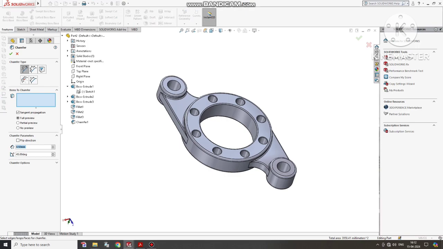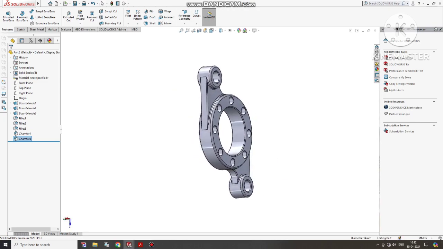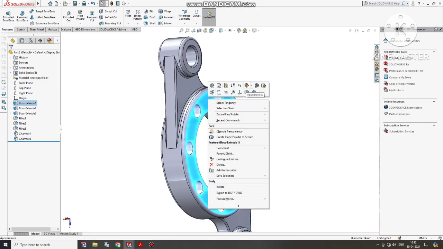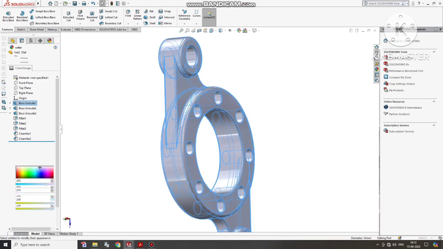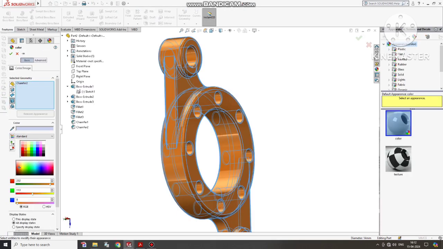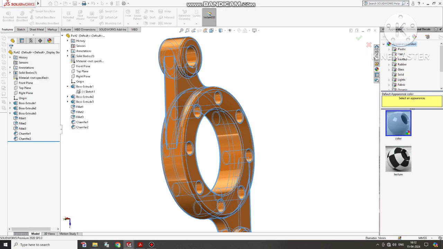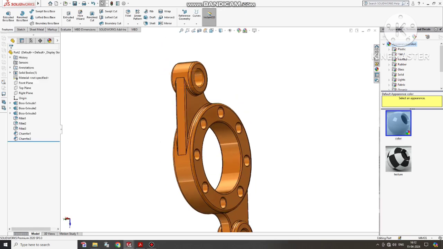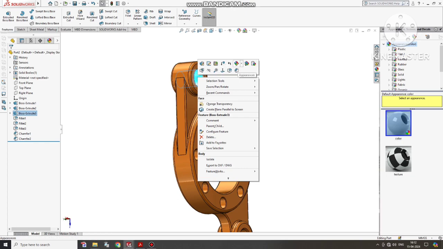So again go to the chamfer. We will keep it 1 mm at 45 degrees. Select this one and select this face, so it will select both side edges. Okay, so here we apply the color. Go to the part, select body and now click it. So here we will keep our desired color. So guys, look